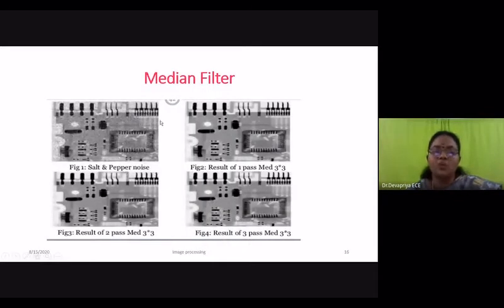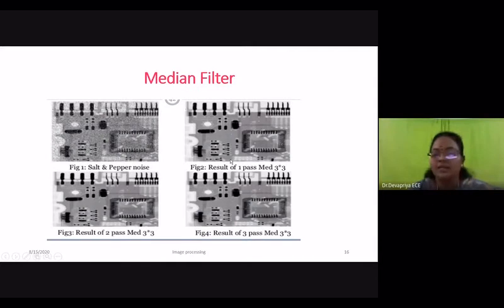So this is an image with salt and pepper noise. There are different types of noise: Gaussian noise, Rayleigh noise, salt and pepper noise. The speciality of salt and pepper noise is the salt is in the color of white and pepper is in the color of black. So in the image, there will be a sprinkling of white and black pixels. So that results in a noisy environment. So this is the input image with salt and pepper noise.